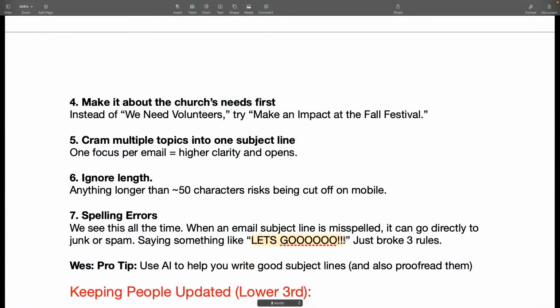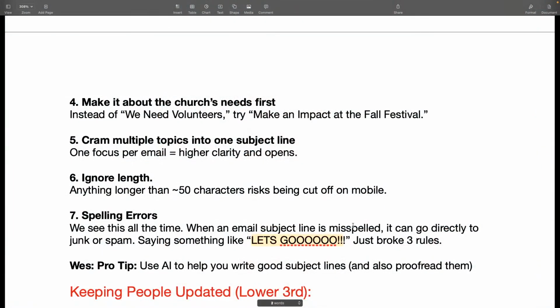A lot of times, not to pick on Nigeria, but when you get the scammers from Nigeria wanting to send an email to the church members to phish them, English is their second language. It is their second language. Spelling and grammar errors are common. So spam filters catch that, see that, and go, oh, that person's probably a scammer, and divert that away. Yeah, and I actually witnessed a church two weeks ago. They used "Let's go" in all caps with three exclamation marks using multiple O's. They broke three rules, Matt, and